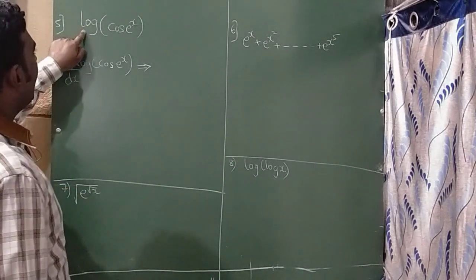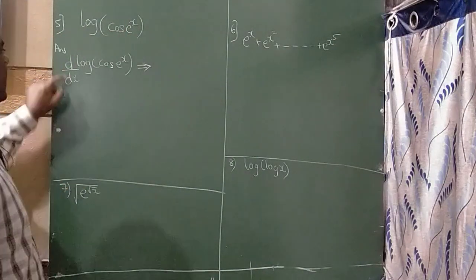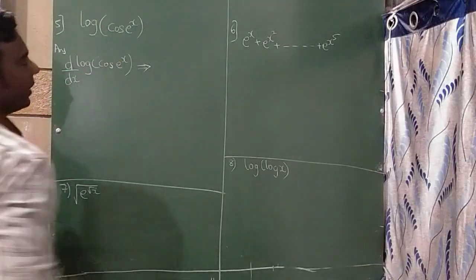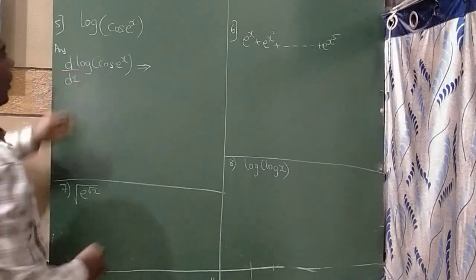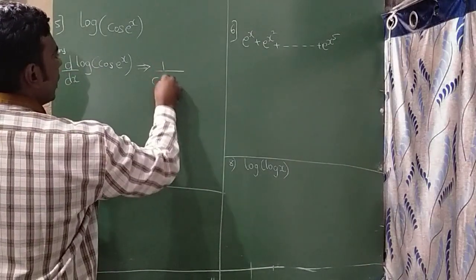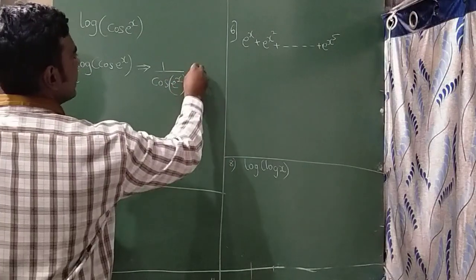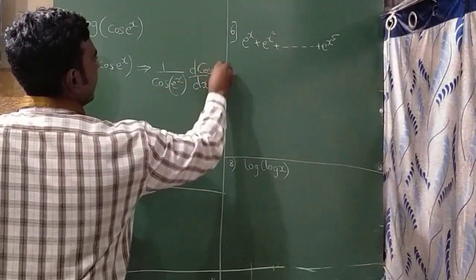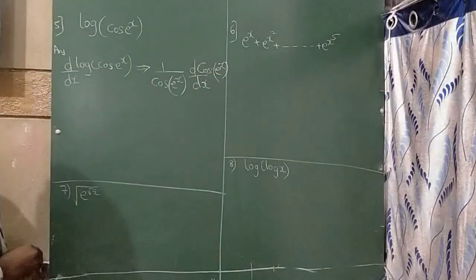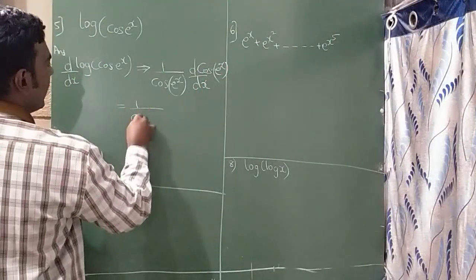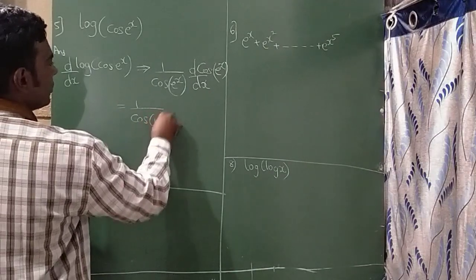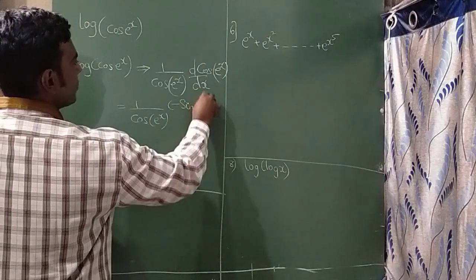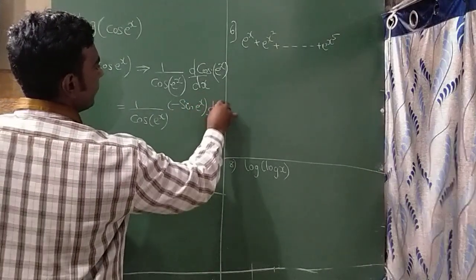Here the fifth question is log of cos e raised to x. Now d by dx of log of cos e raised to x. Consider this whole as one variable. So d by dx of log is 1 divided by cos e raised to x, d by dx of cos of e raised to x. Okay, so here 1 divided by cos e raised to x, d by dx of cos is minus sin e raised to x. Again by chain rule